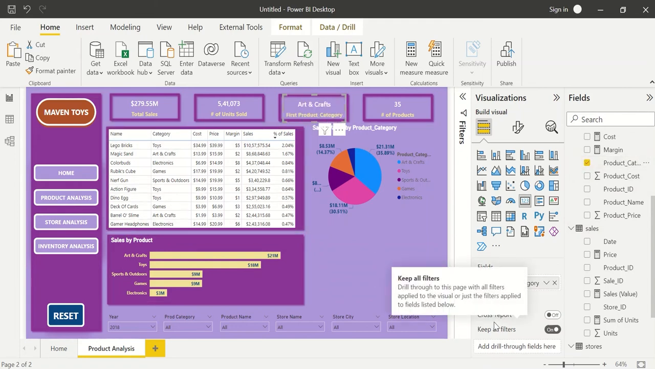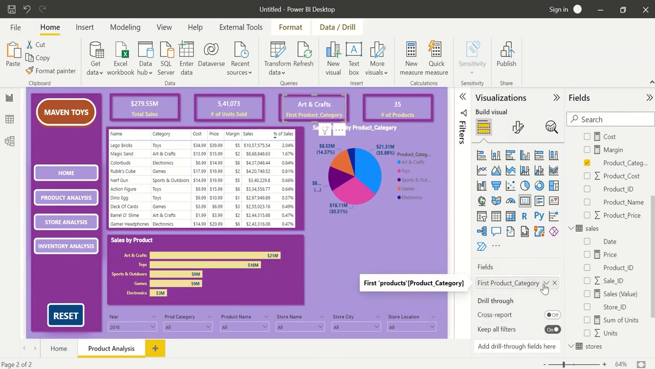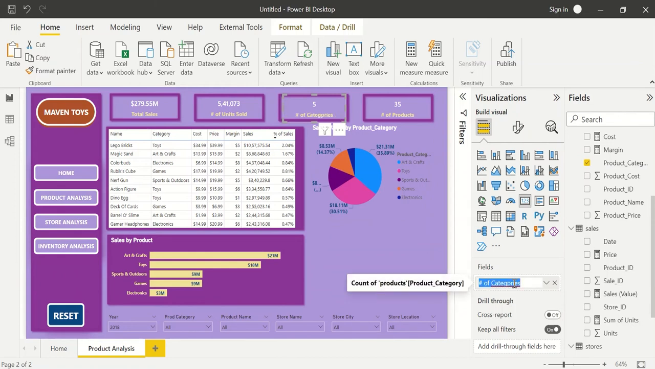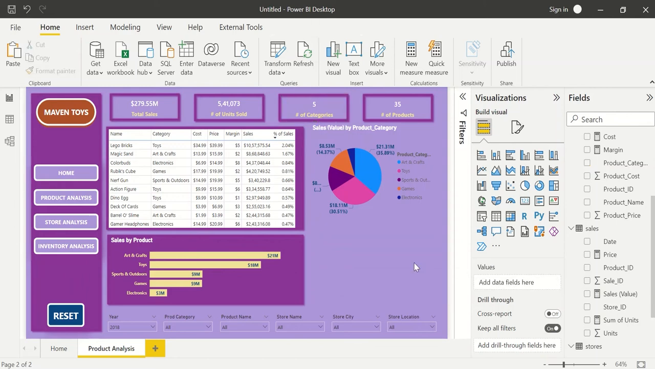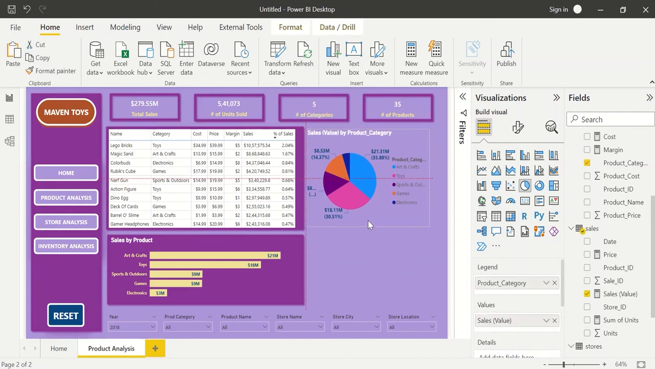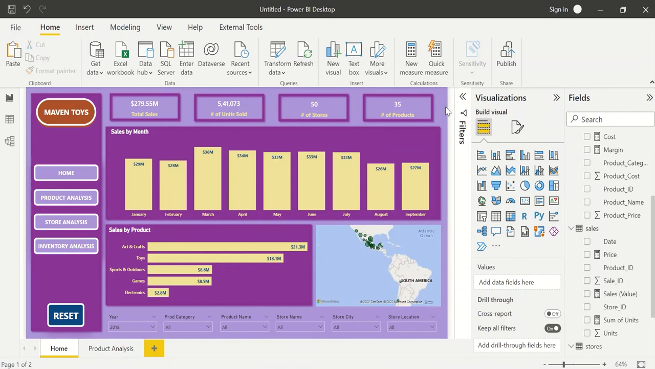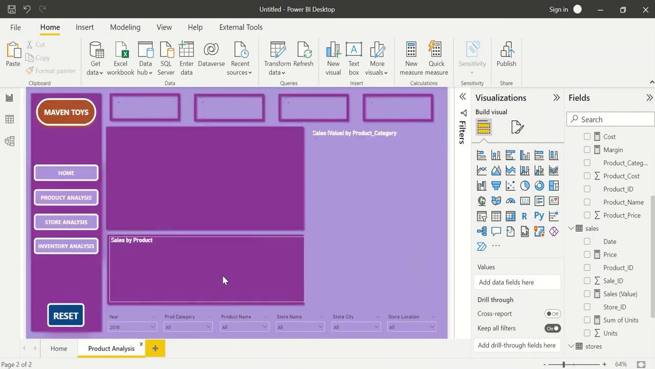I don't need to see which particular store is there, right? So I can just change the name of this as well, number of categories. Oops, the spelling mistake. Let me just change it again. All right, so this is how you can make this. So this was the home page, right? Now if I go to the product analysis,